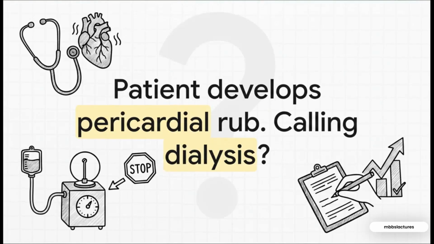I'll leave you with this provocative thought to carry into your exams and your future practice. What if your patient suddenly develops a pericardial friction rub on day 3? Are you ready to call the emergency dialysis team? You better be. Recognizing that a new friction rub means your uremic pericarditis has set in changes absolutely everything. It means your conservative management has reached its limit, and your rapid response to call for dialysis will be the exact thing that saves their life. Keep studying hard, trust your structured approach, and you are going to absolutely crush